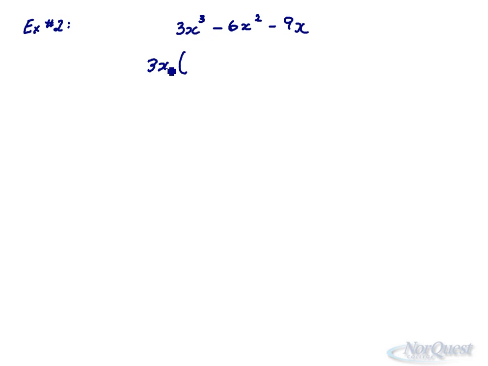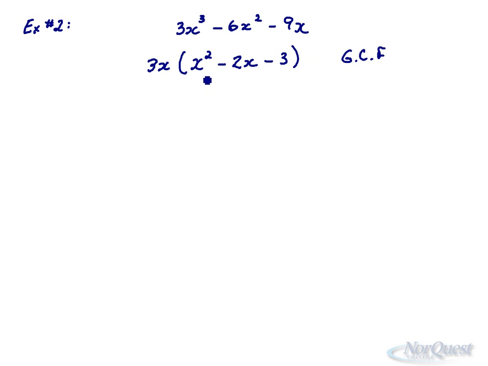So 3x cubed divided by 3x gives you x squared. Negative 6x squared divided by 3x gives us minus 2x. And negative 9x divided by 3x gives us minus 3. You always have to remove the GCF first. That's the first step you always look for. If you forget the GCF, you will get the question wrong every single time because you haven't simplified it first. After simplifying,